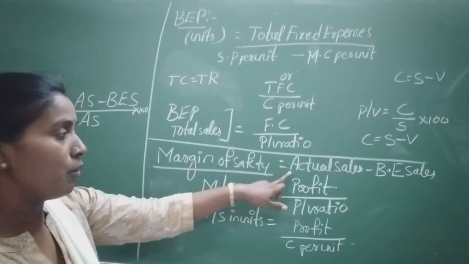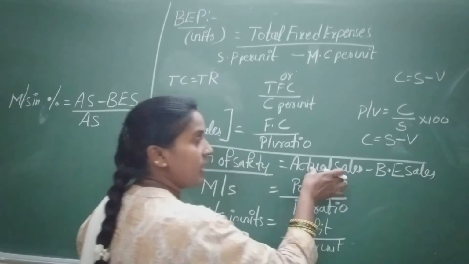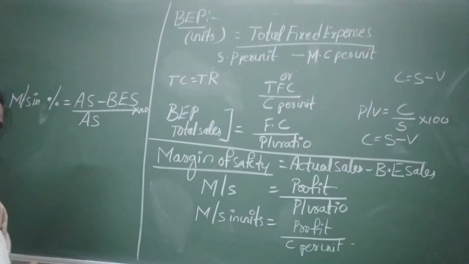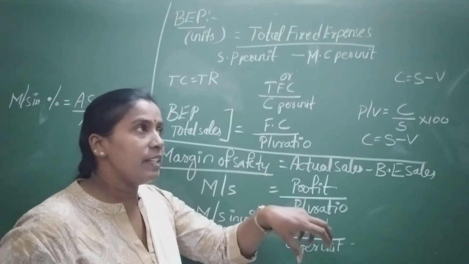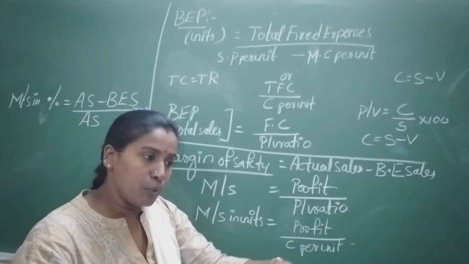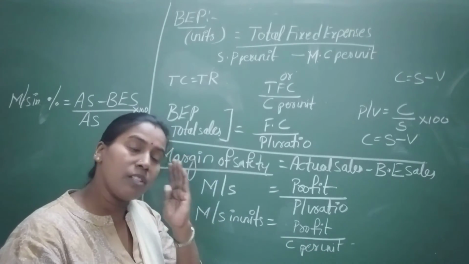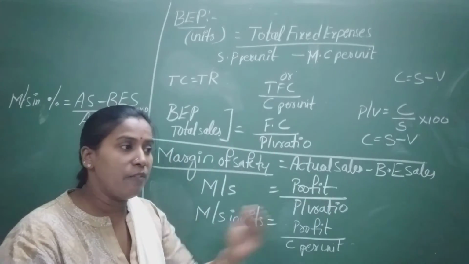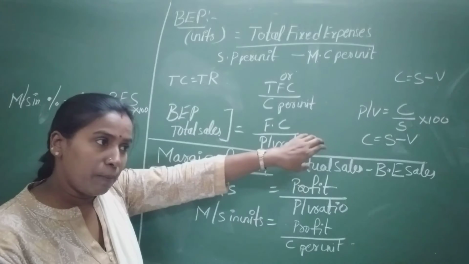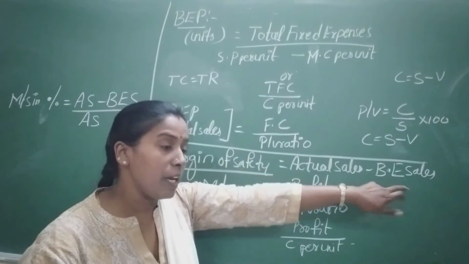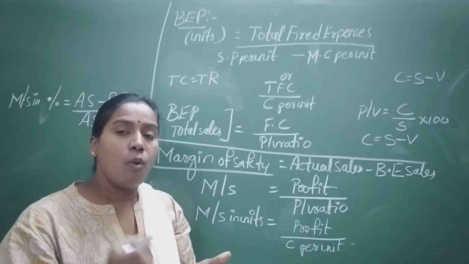So the margin of safety formula is given here: actual sales minus break-even sales. What is actual sales? What you thought is actual sales. What is break-even sales? So for so many number of units I produced, what is going to be the sales? You expected some sales in your mind when you manufacture the goods. After keeping that expectation, at this present moment for these many number of goods, what is my sales?